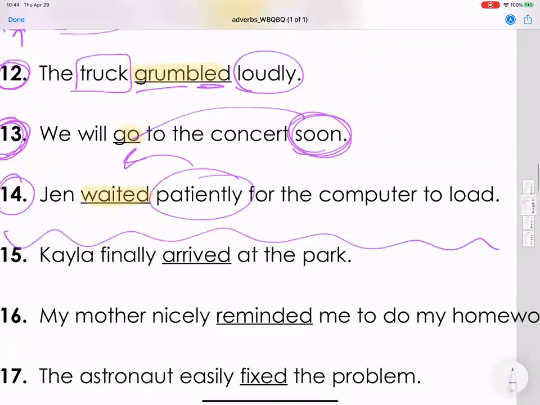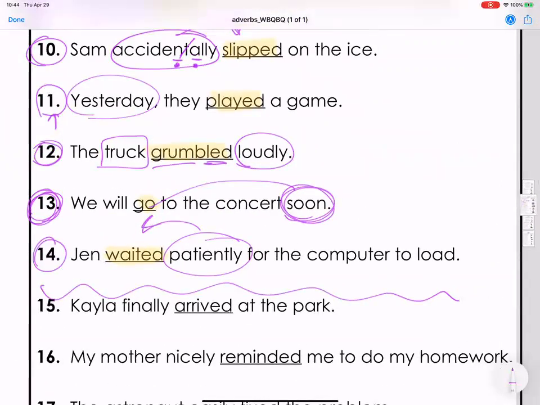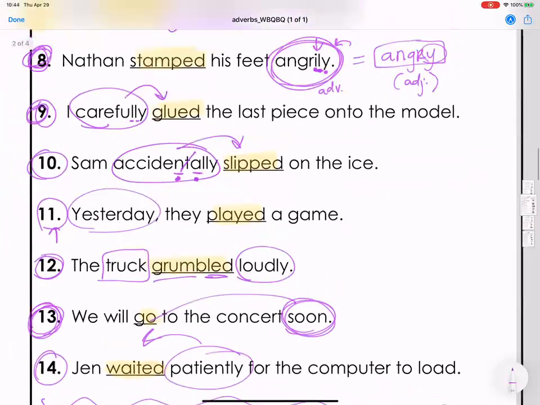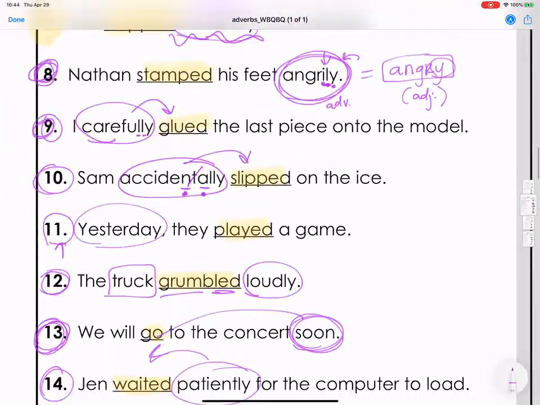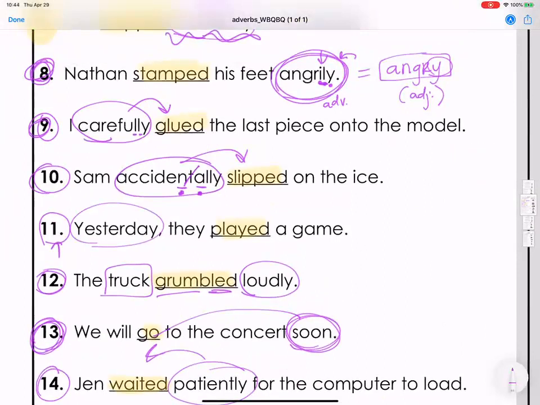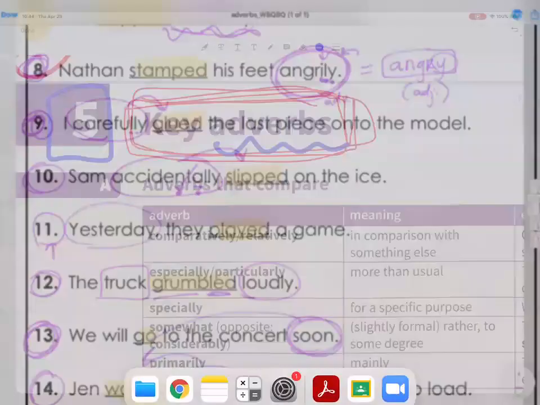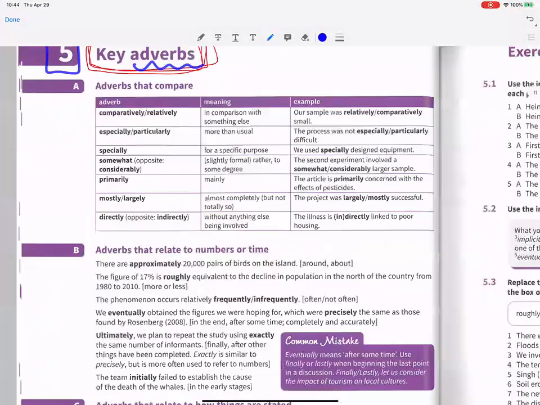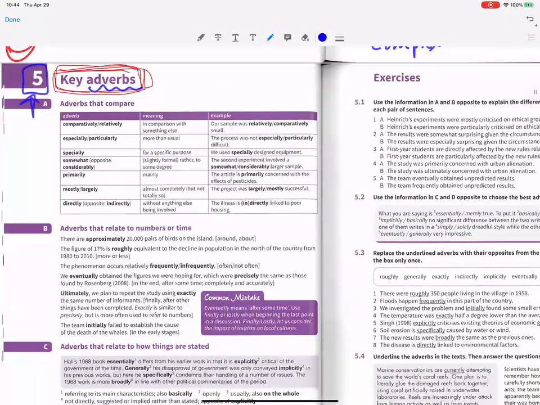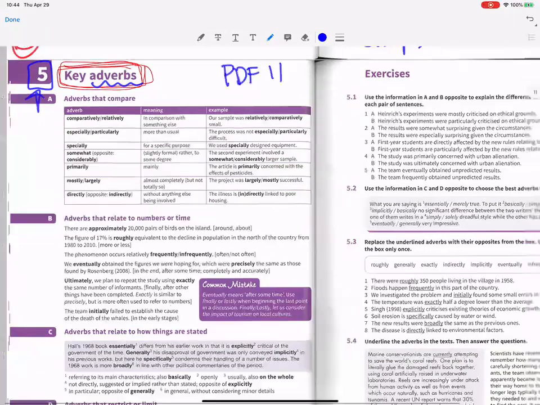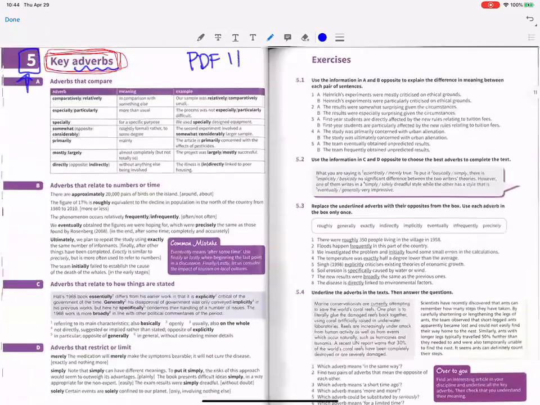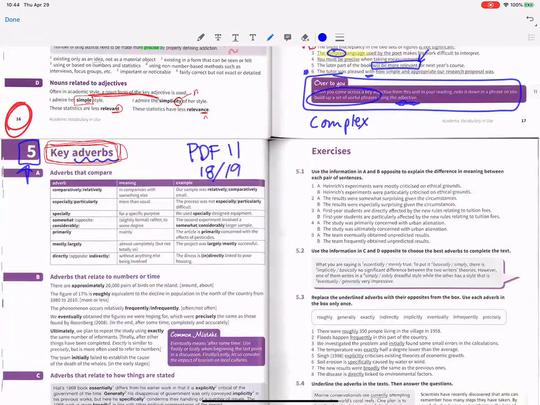Okay, so this was just to wake up our brains and get in the thought process of how, where, and what kind of adverbs there are. Now we're going to take this concept and move it to our academic lesson. Do you have any questions about these sentences before we go? All right, let's go back to our book. This is Unit 5, PDF 11, and it is pages 18 and 19 if you're looking at the bottom of the pages.